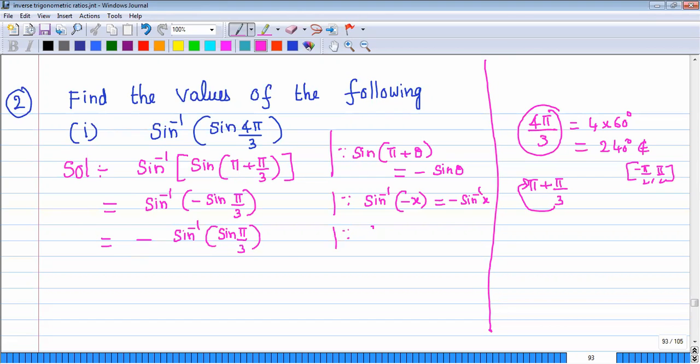And we have one more formula: sine inverse of sine theta equals theta, where theta belongs to minus pi by 2 comma pi by 2. So this we can write now as pi by 3, but negative is there, negative pi by 3. This is the answer. Negative pi by 3 also belongs to the same interval. Minus 90, minus 60, minus 30, and like that, 0, 30, 60, 90. Clear now? Don't write directly 4 pi by 3. You need to check the domain.